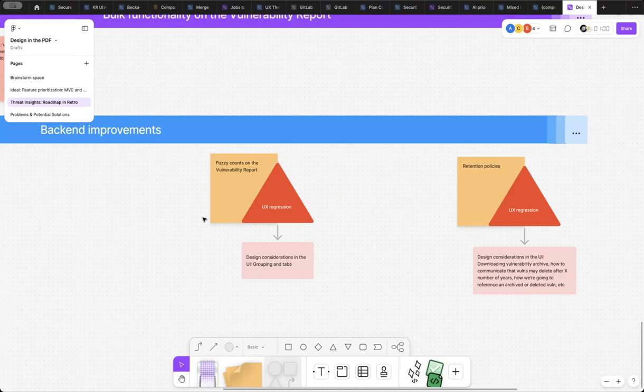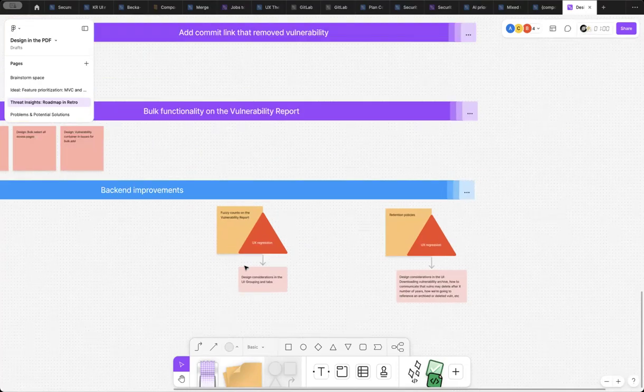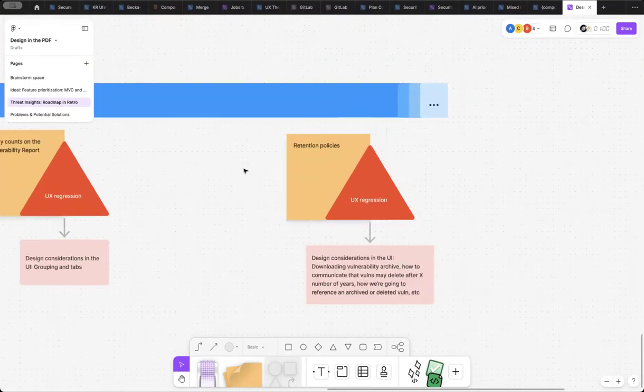So I'd have to do an export, and the export is a JSON format, and I need to clean that up and make it readable. And so there are some things that feel like UX regressions. And same thing with, we're now introducing retention policies where we are saying we can retain